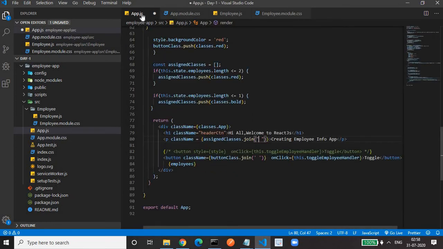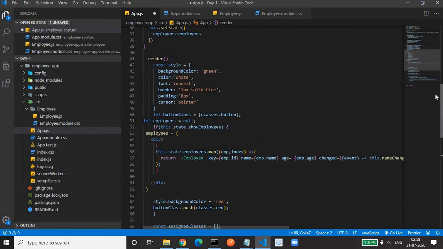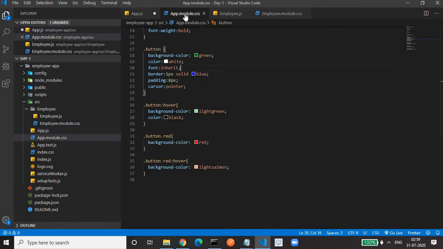And here in the render method, I have created an array. In that array, I have pushed class.button. So initially, this class will be applicable. The background color is green and white, and this will be the hover CSS. These two classes will be applicable initially.